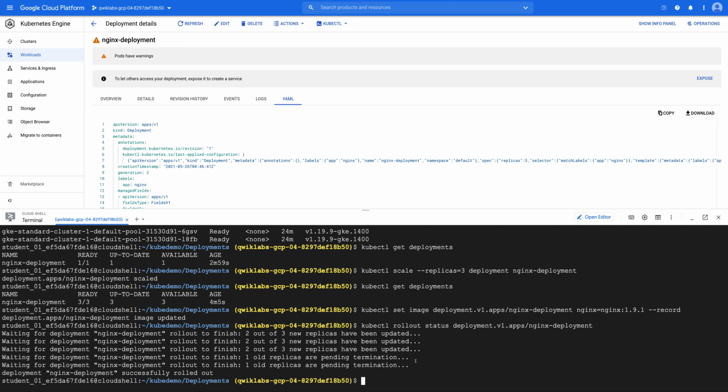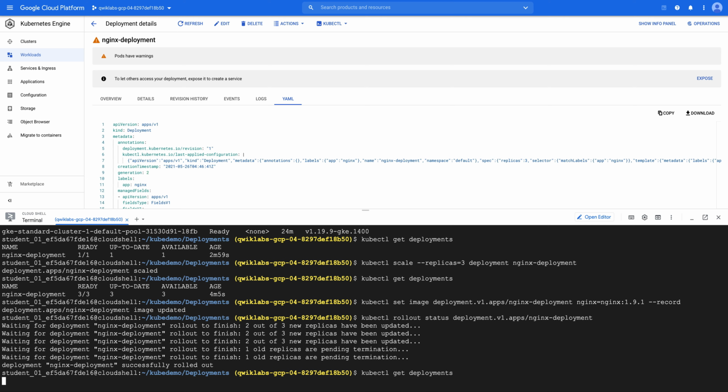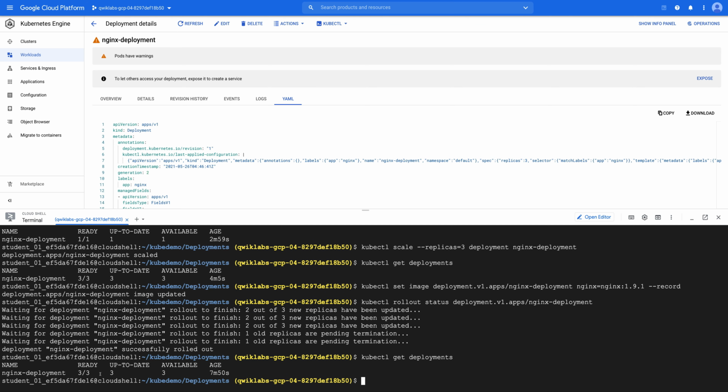Now if I do kubectl get deployments, they are available and up and running. That's how we can roll out new changes to our pods.